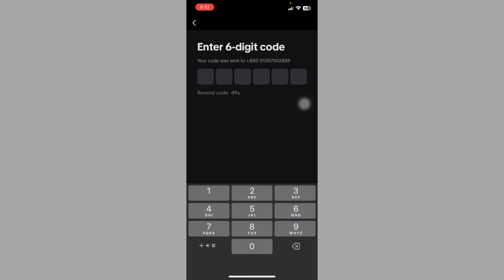Okay, just wait few seconds. Okay, enter a 6-digit code and add phone number and change phone number